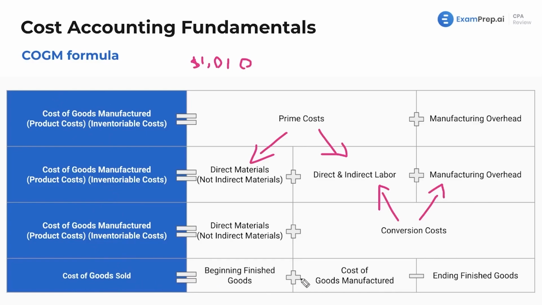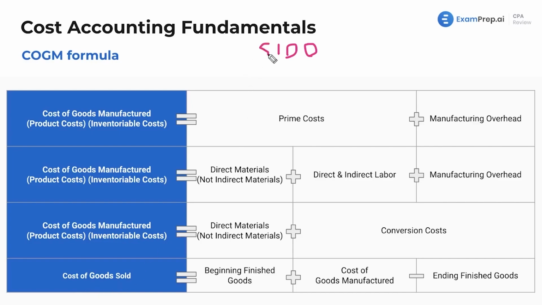And think about this logically. This is more algebra, and we will see the base formula in a second, if you haven't seen it with me yet. We've got beginning finished goods. Well, that makes sense. Whatever's sitting in the warehouse. Say you have 100 units of finished goods, and this can be in dollars or units. Well, I guess the cost of goods sold would be in dollars. Fine, you got me. We could use units though. So $100 sitting in the warehouse or in the storage. Well, plus whatever you made, cost of goods manufactured. So let's say we made 50